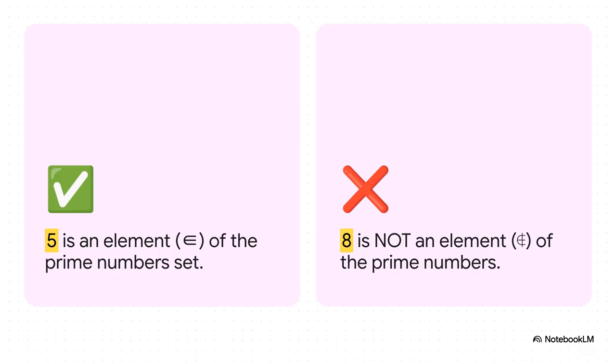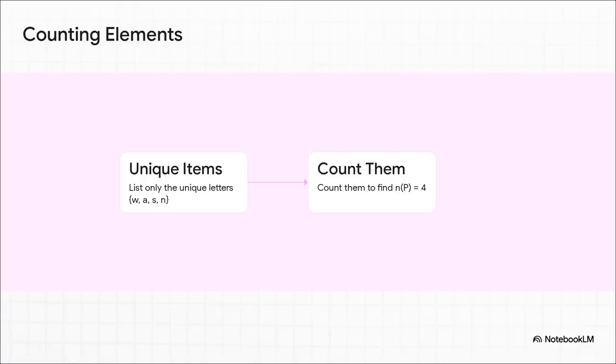But what if it doesn't fit the rule? Like the number 8, which definitely isn't a prime number. You simply strike a line right through that element symbol. That literally translates to is not an element of. Super straightforward. Now, when they ask you to count the number of elements, usually written as n of A,